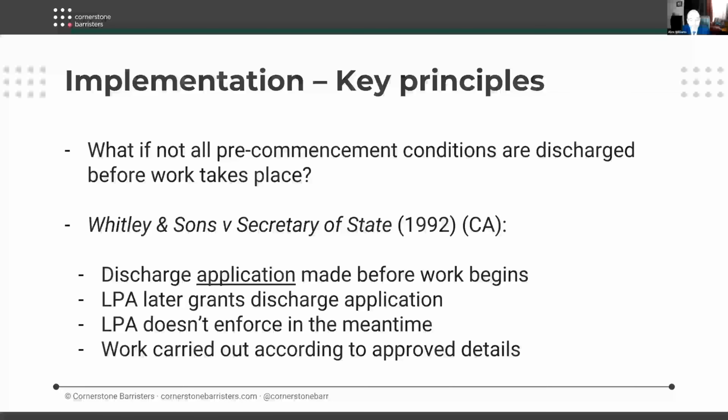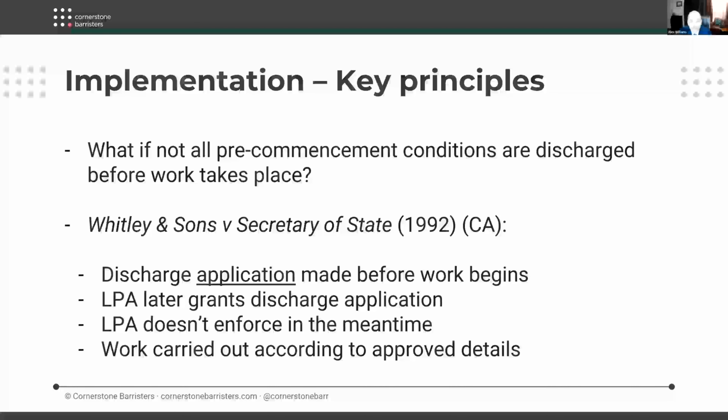So if the developer makes their application to discharge a pre-commencement condition before the work begins, if the LPA later grants that discharge application, even after the work takes place, if the LPA doesn't enforce against the developer in the meantime, i.e. between that date of the work taking place and the application being granted,